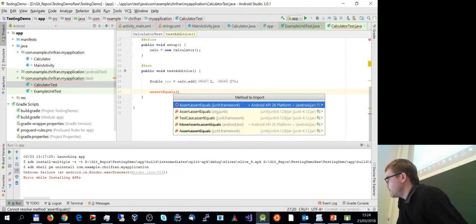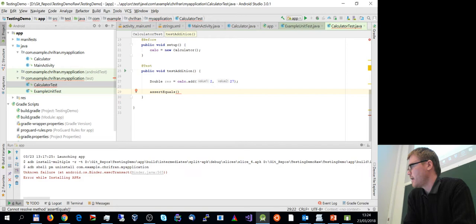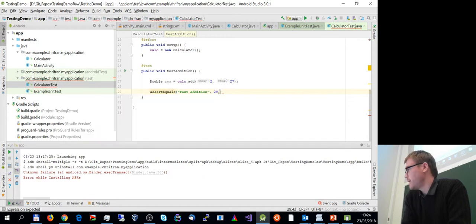Import statics. I want to use the assert equals from that framework, and a text addition. So that's a text that will be printed in case things don't work out as expected. So the value we're expecting would be 29, for example, here, and we just compare it with the input value we're getting. It may complain because it